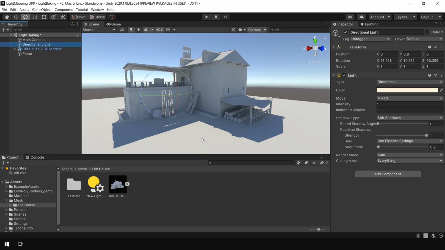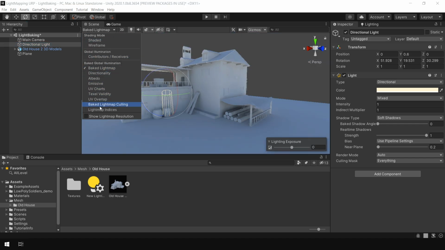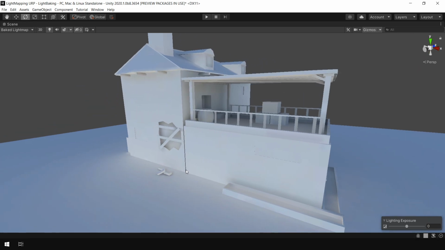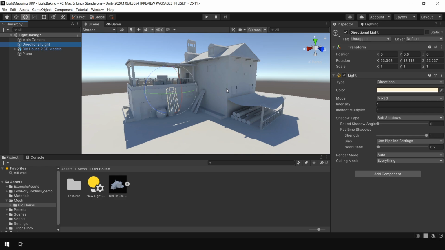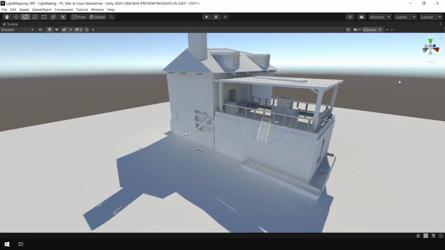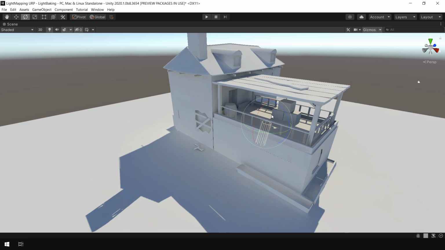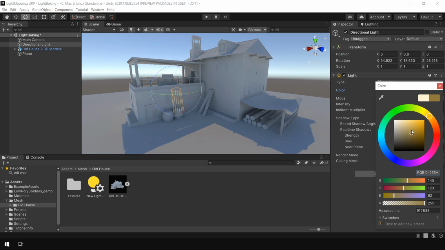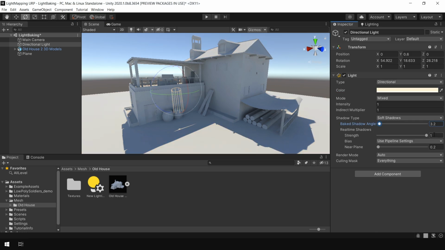And in this mode, you can see that we are getting some bounce light from our directional light. If we go to the baked lightmap mode, you can definitely see that we are getting some bounce light which is coming from our directional light. In this mode, you can still move your directional light, but if you move it too much, like that, you see here we are now getting some weird global illumination because now this directional light is also contributing light information in our baked lightmap. So basically you can slightly move your directional light, but not too much. You can still change your light color and shadow settings.